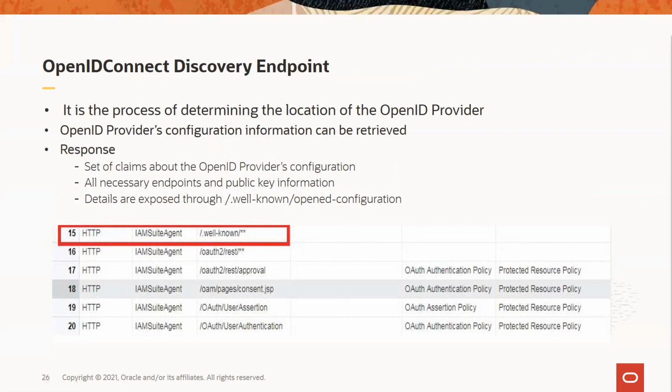This is part of the OpenID configuration, where the details about the IDP provider are exposed. The discovery endpoint can be used to retrieve the metadata about the provider, and the OpenID provider's configured data are exposed through this well-known OpenID configuration, which is listed as a resource in the agent.